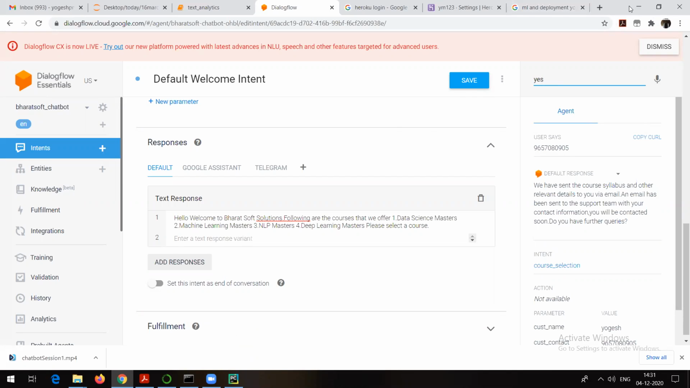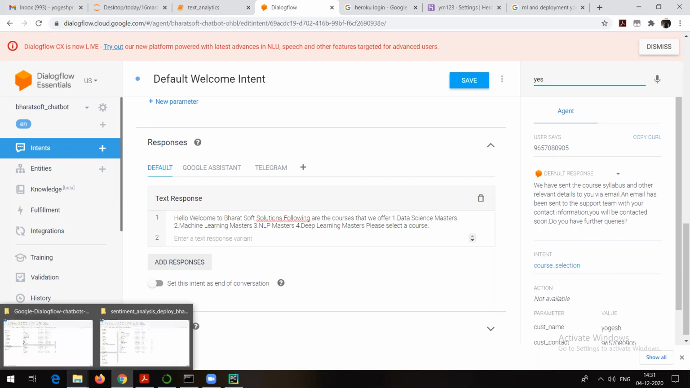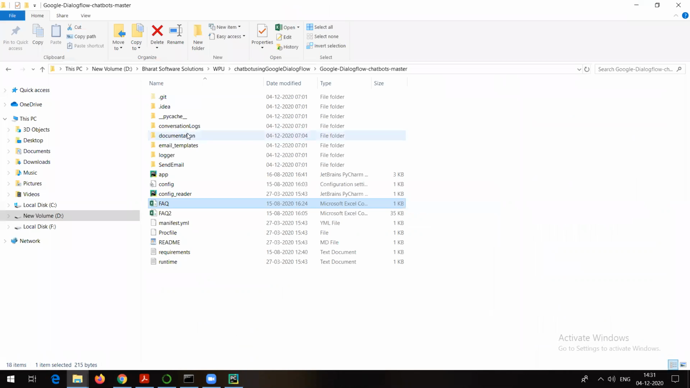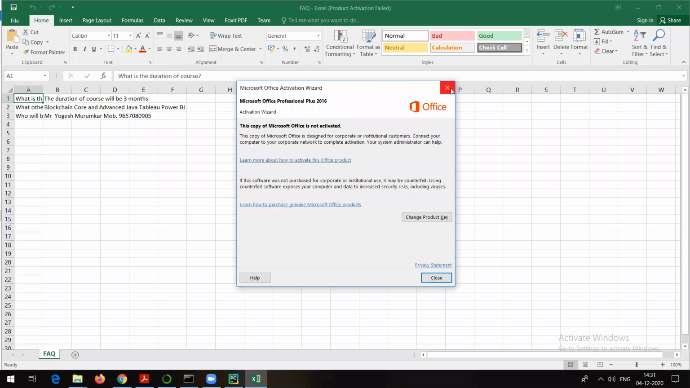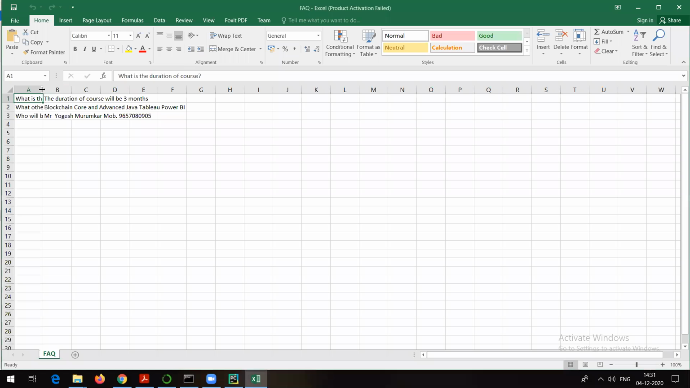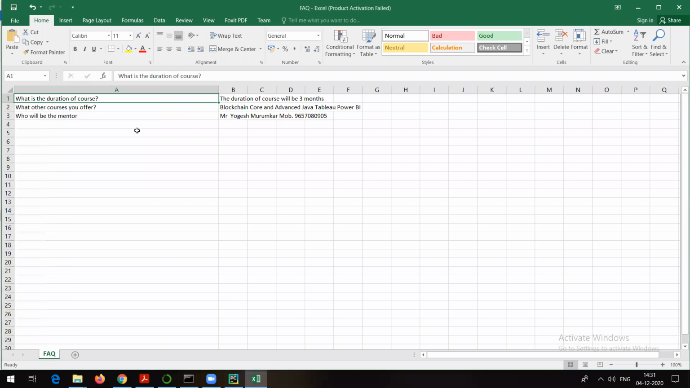So I will once again show you the CSV file. See what we have written in the CSV file: if I go and try to open this frequently asked questions CSV file, we'll be able to see only 3 questions. Right? When you people try to develop the chatbot, I will suggest you use a bigger one, right? So you will get a better idea. See, what is the duration of the course? What other courses you offer? Who will be the mentor? So it is saying the duration of the course is 3 months. Other courses we offer: blockchain, core and advanced Java, Tableau, Power BI,